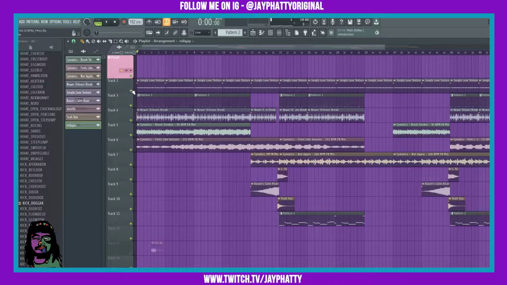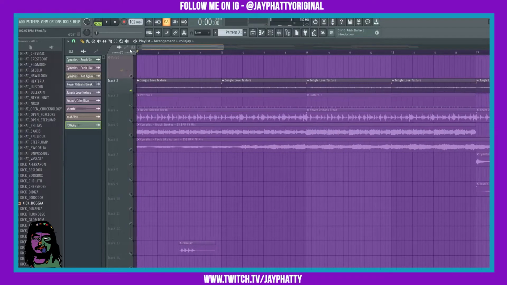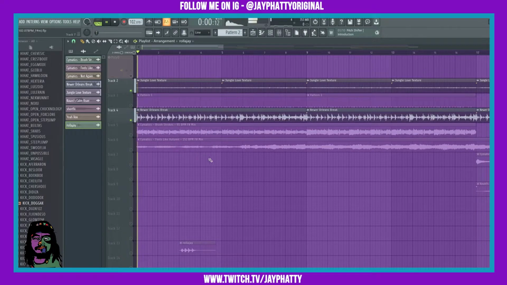So if you noticed, there's definitely some kind of texture in the back, and it's this Jungle Love texture from Account Cold Pack. That really can set the tone for your beat. And then when you tie that in with some kind of perk loops,